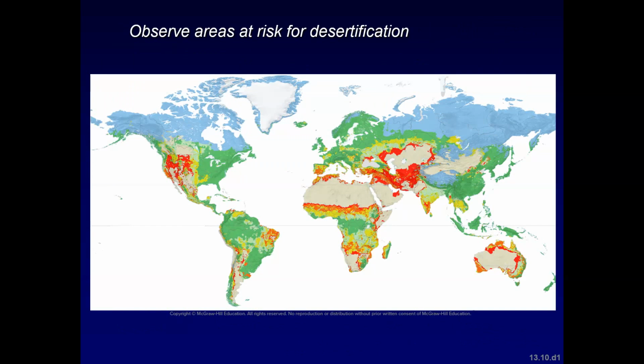And then desertification, where land can become desert that was previously not desert. Okay, so here's some areas at great risk in red. Desertification is the process of converting other lands to deserts, primarily through drought, mismanagement, and misuse by humans. It can occur from overgrazing, poor farming techniques, diverting surface water, soil loss, and regional climate change.